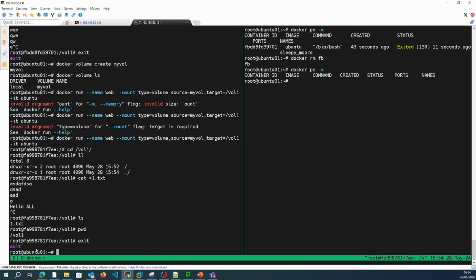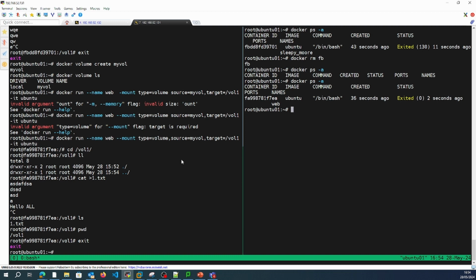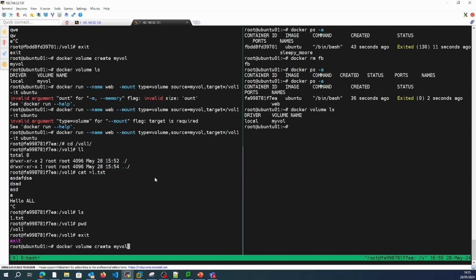And if I exit, now my container is in exited state, but I have a volume which contains my data. So even if someone goes and deletes this particular container,